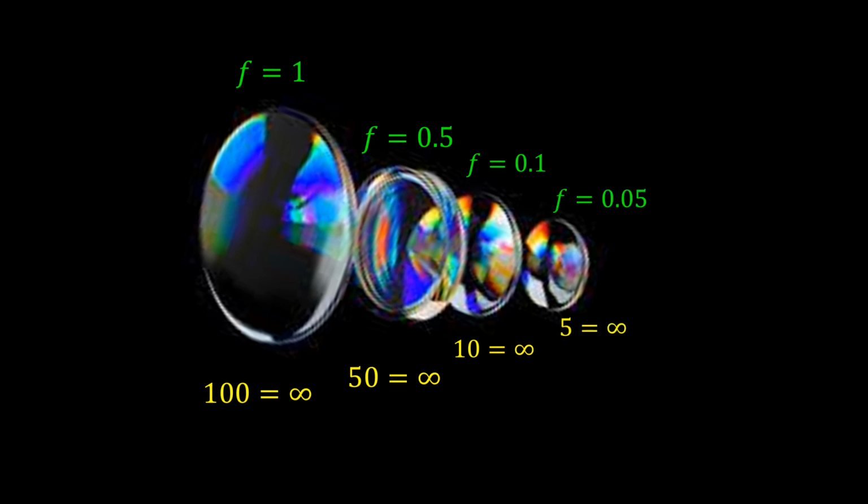If we now use a lens of focal length 0.5 meters, we only need to place that object about 50 meters away for it to be at infinity. So for this lens, 50 is equal to infinity. For a lens of focal length 0.1, 10 meters is enough to consider infinity. We can continue like that for any value of the focal length and have infinity be equal to many different